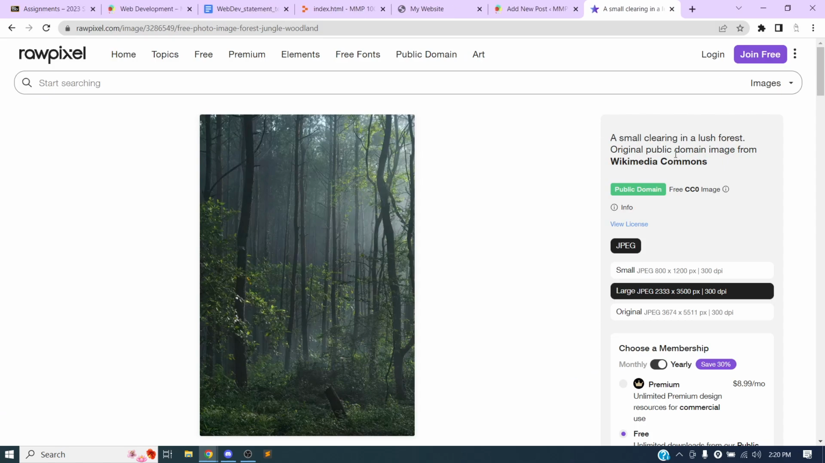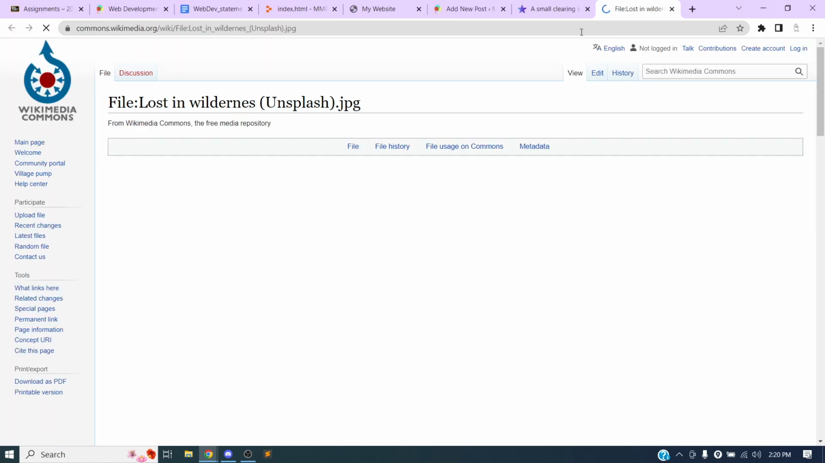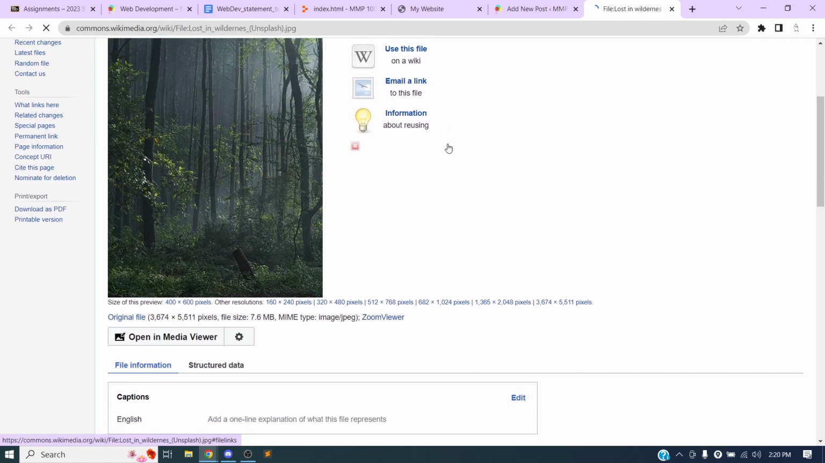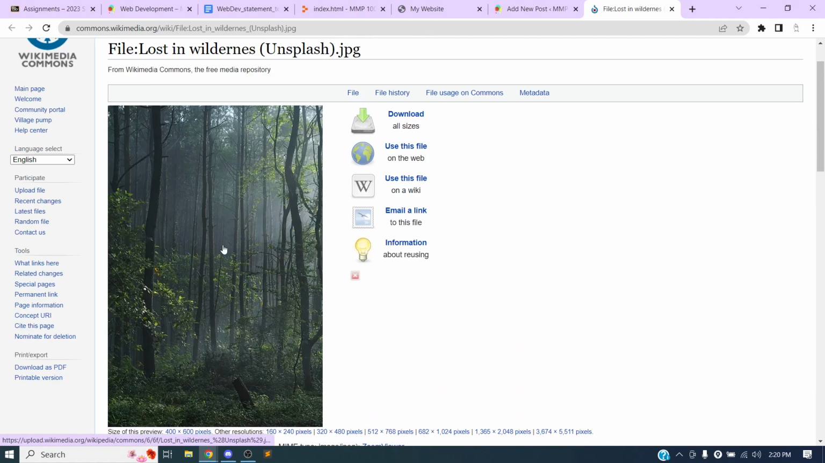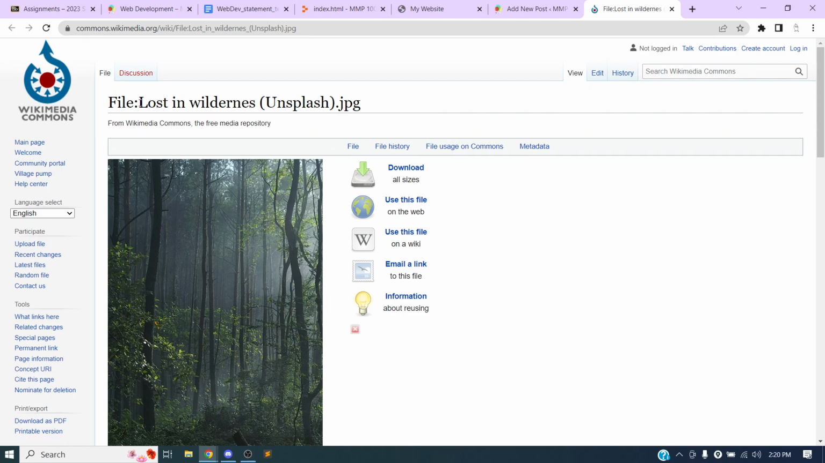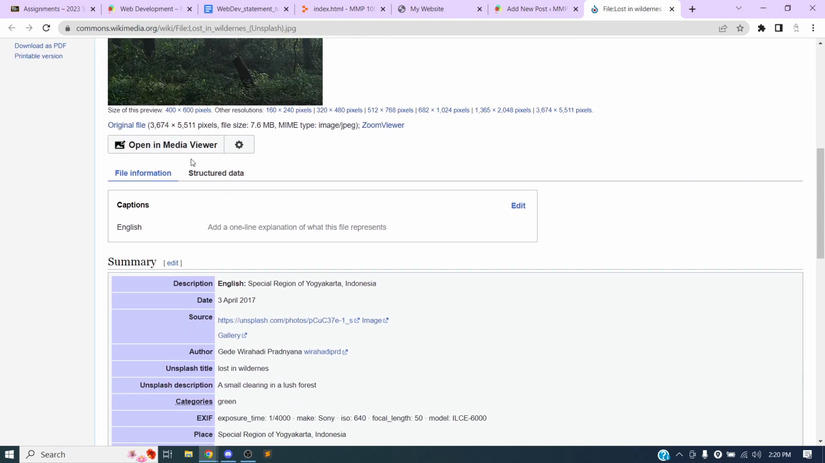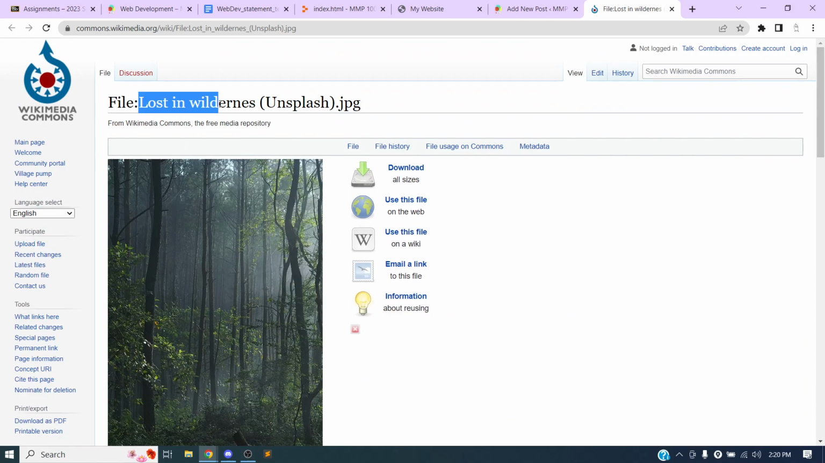Let's do the second one. So this is also from Wikimedia. I'll just go ahead and go straight there. And this one is called Lost in the Wilderness. Oh, is this by the same author? No, it's the same website, but it's a different author. So this is Lost in the Wilderness